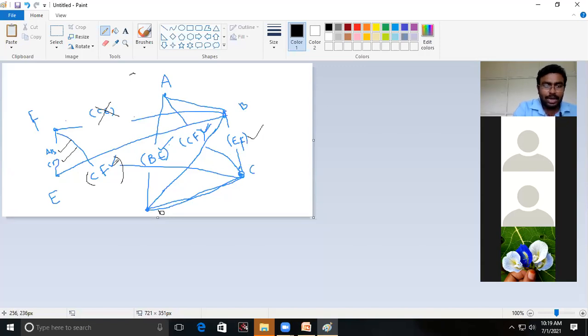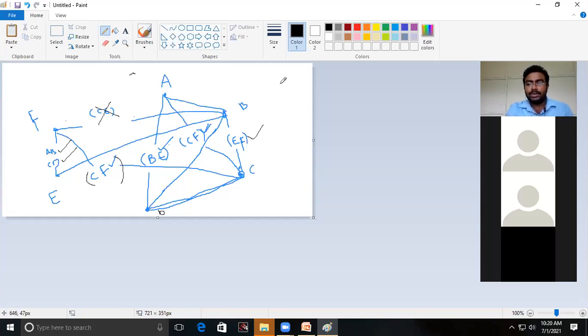Students, is there any condition that we have to check? Is there anything left? Whether we have checked each and every condition or not? AB is compared, AC is compared, AD is compared, and AE, AF are not compatible, so we have left them. BC is compared, BD is over, BE is over, BF is also over. Then CD is over, CE is incompatible, CF is compatible, it is over. Then DE is incompatible, DF is incompatible. That is also over. EF is compatible by checking that AB and CD are also compatible.